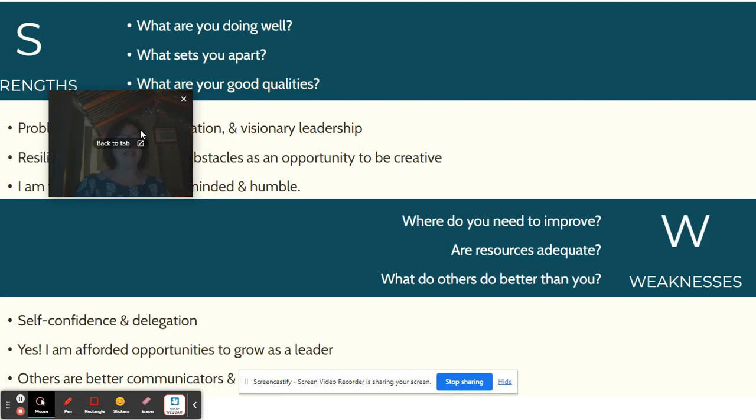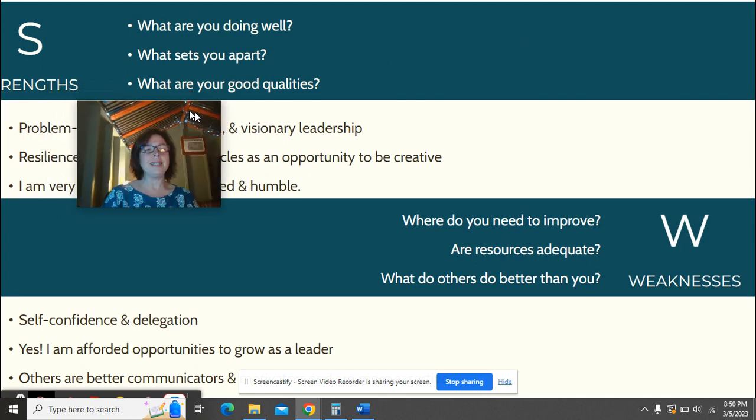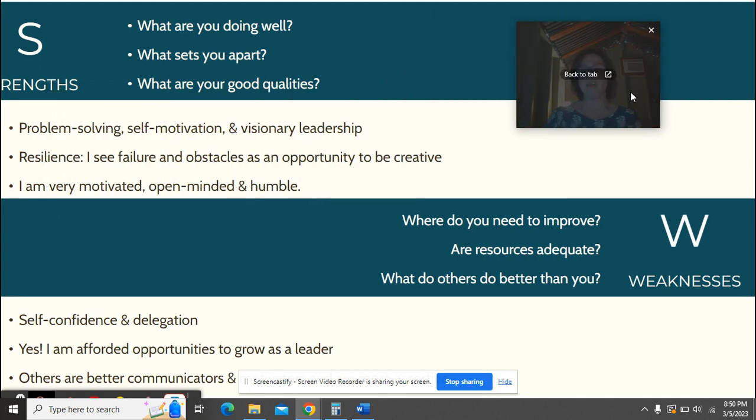In taking the leadership qualities self assessment, the first thing that I did was I actually went through and ranked all 25 qualities. And then after that, I went to the self assessment part and rated myself in each quality. For the vast majority of these qualities, I gave myself a does well. There were seven in which I felt like I do somewhat well, and then there were two clear weaknesses for me. So, my strengths, I really think, are problem solving, self motivation, and visionary leadership.